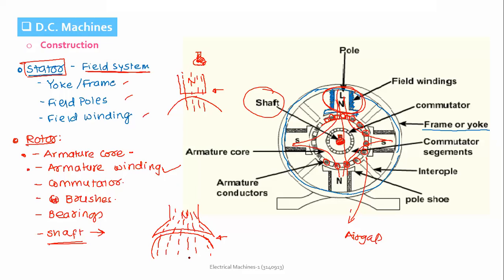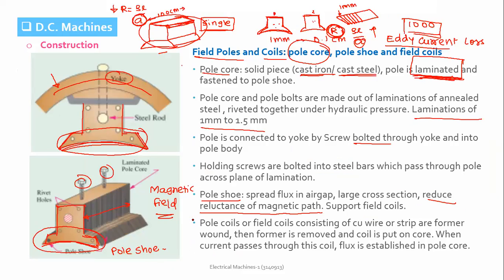Where do you find the air gap is minimum, with this design or with this design? One or two? And more uniform flux distribution? Obviously with the second, and that is why the shape of the pole shoe is like this. We have made it like this so that it will have the minimum air gap, it will reduce the reluctance of the path between the stator and rotor, and secondly the flux will be distributed uniformly over the surface of the rotor. Okay, so is it clear?